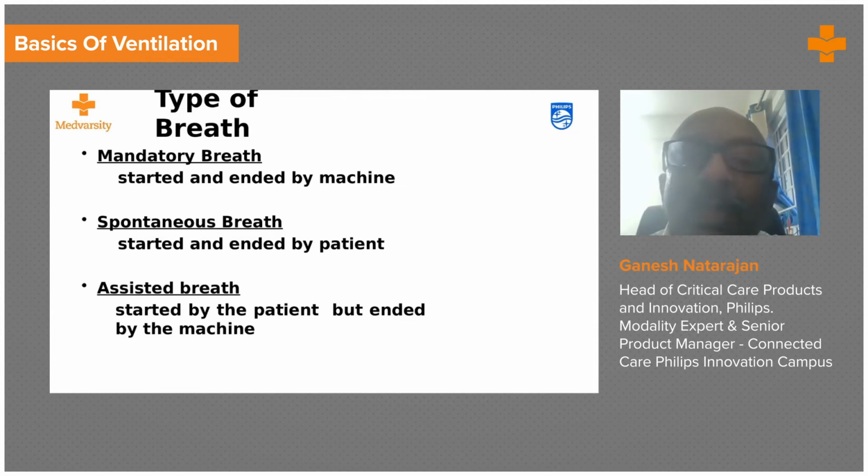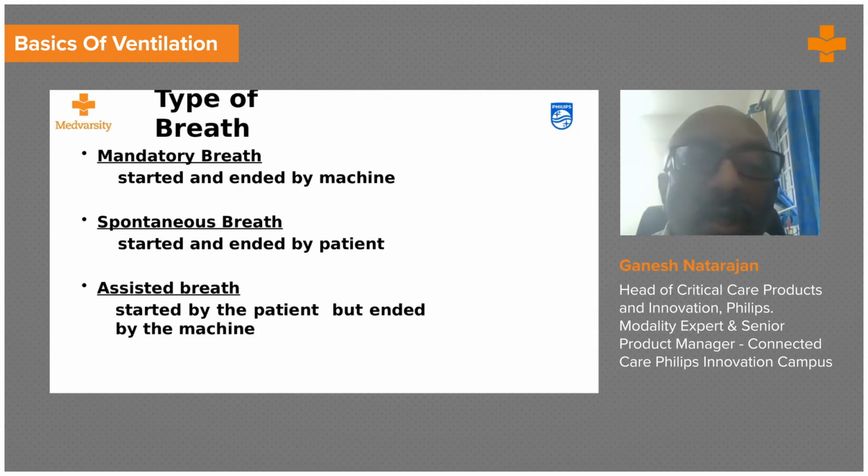So in this case, machine is God. So if you as a physician set a volume of 500, 12 times a minute, 500 ml will go 12 times a minute,